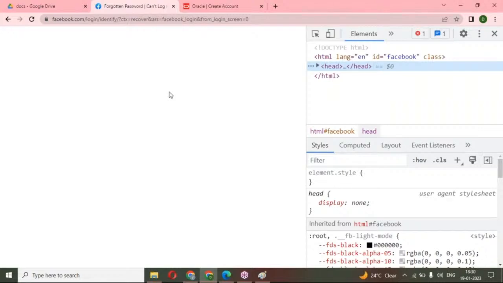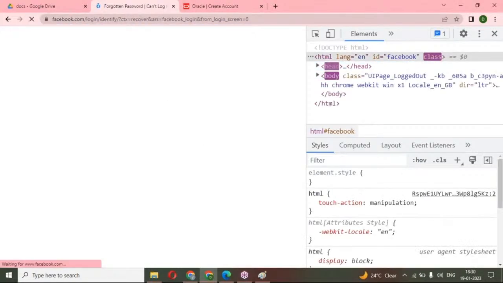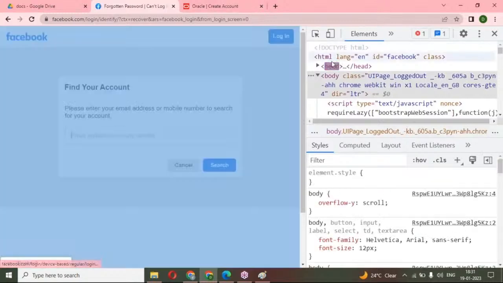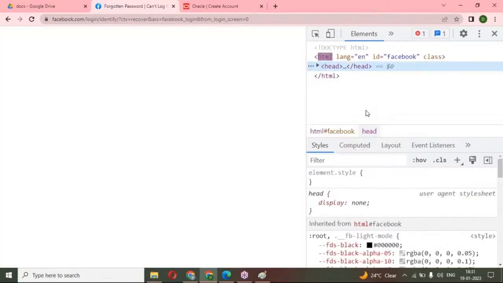Inside this head, we can write the proper alignment by using the style tag. Style tag we use for writing CSS code. Script tag we use for writing JavaScript code. Now if I refresh it, you can see doc type, HTML, head and body. If I remove the body part of my application, just delete this body,